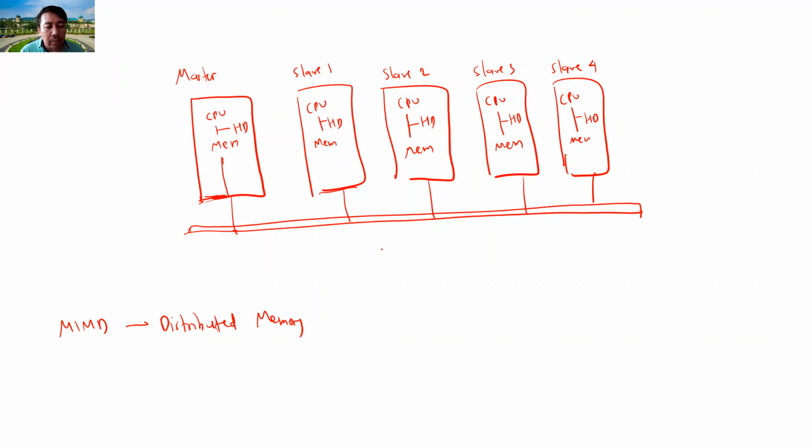So the only way we can use this is by using message passing. That's why you have a library called Message Passing Interface, the MPI library, so you can use it here. So now this is the hardware. Of course, there is some limitation on the speed of the USB here. The USB speed is shared, so you need to divide by 4 as well. I'm not sure about the implementation.